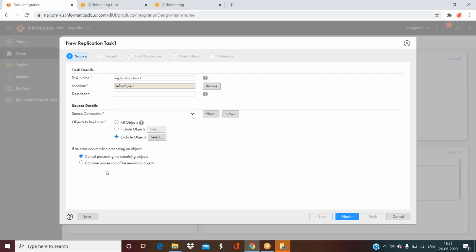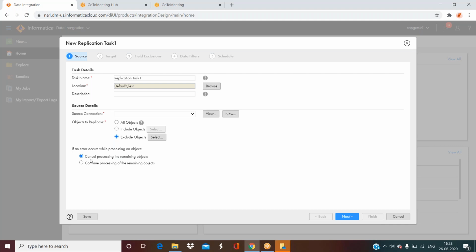And there are 2 other options here, for if any error occurs while processing an object. Let's say you are processing multiple objects, and while processing one object it throws an error. In that case, you have to select either of these options. Cancel processing of the remaining objects: that means while processing one object, if it throws an error, you can cancel the processing of the remaining objects.